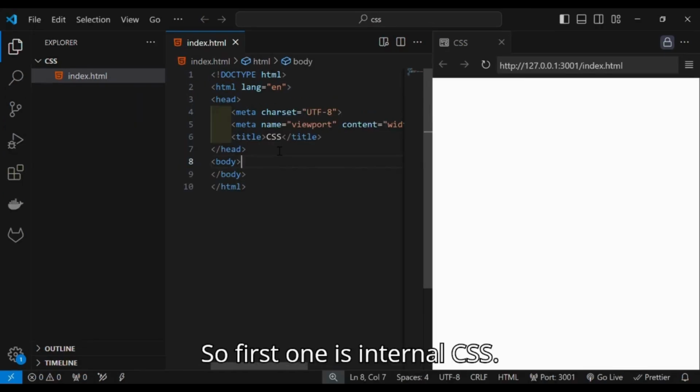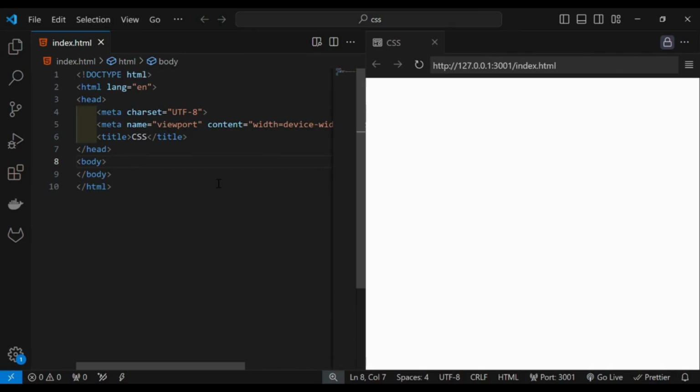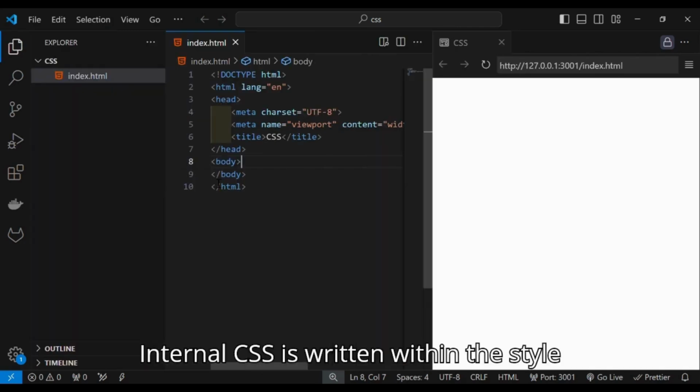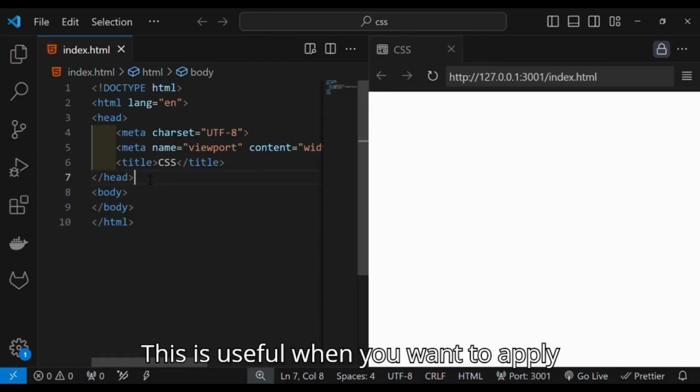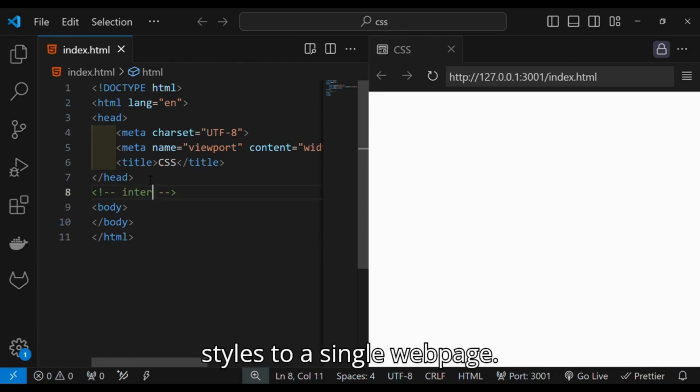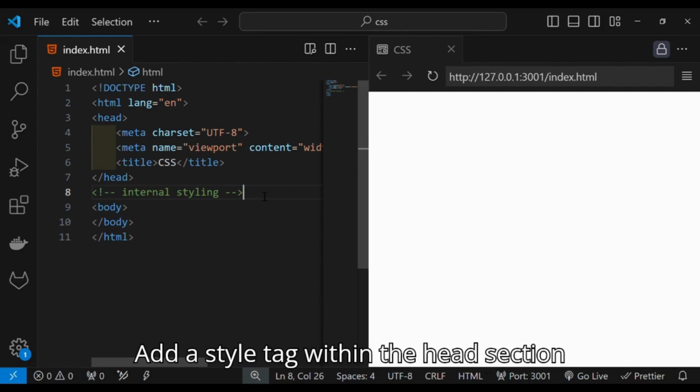So the first one is internal CSS. Internal CSS is written within the style tag inside the HTML file. This is useful when you want to apply styles to a single web page. Add a style tag within the head section